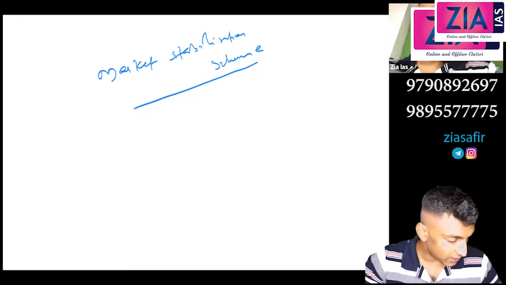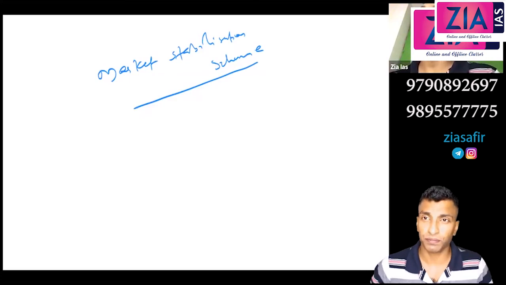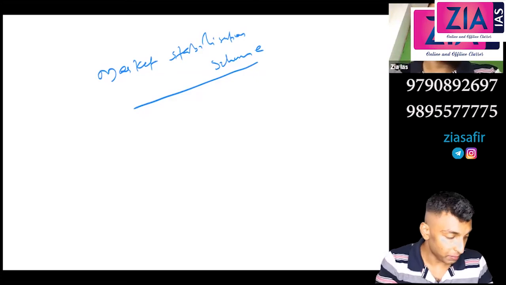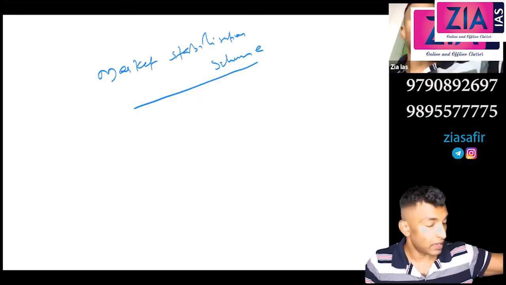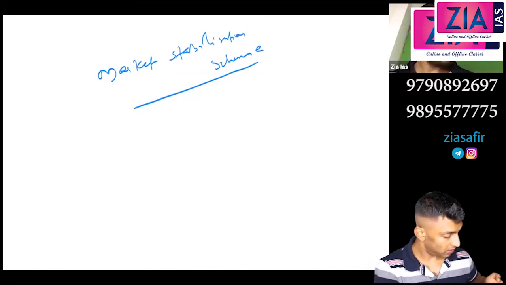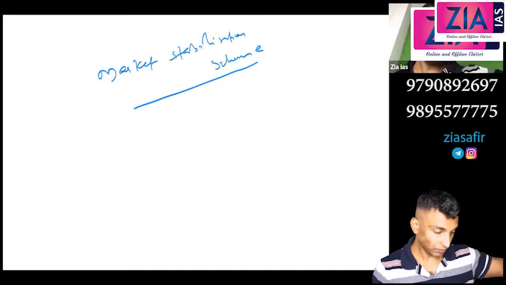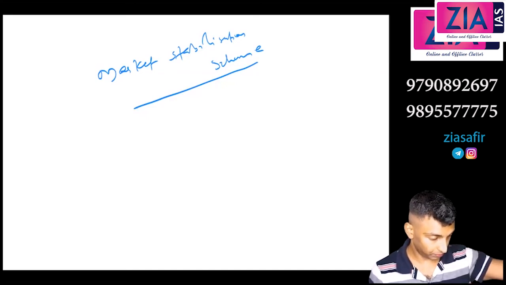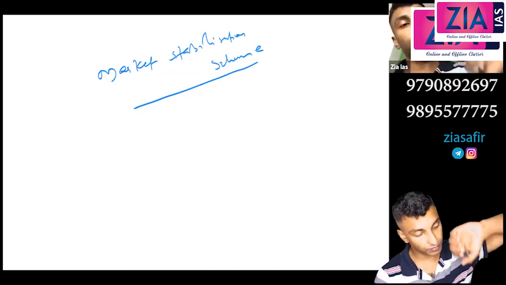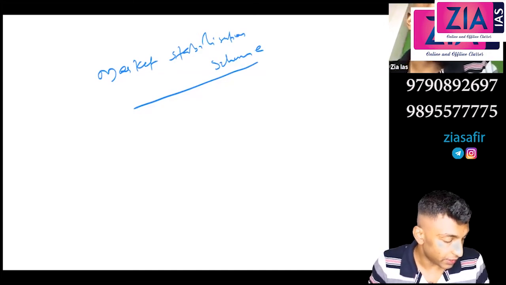So you can write here Market Stabilization Scheme under this. It was initiated in 2004. Under the Market Stabilization Scheme, RBI sells special government securities to suck out extra liquidity created due to